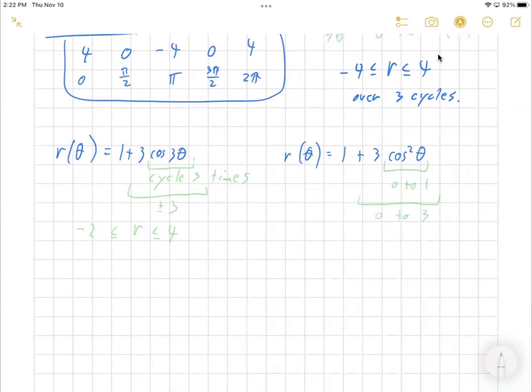Okay, which means that the r values are, 1 is the lowest we can go, because 1 plus 0 is less than or equal to r is less than or equal to 4. So once again, the radius is never negative, so it will not pass through the middle, okay? Never passes through the origin or the pole. Okay, so you would expect to see something that's going between 1 and 4 in its radial size, and it's going